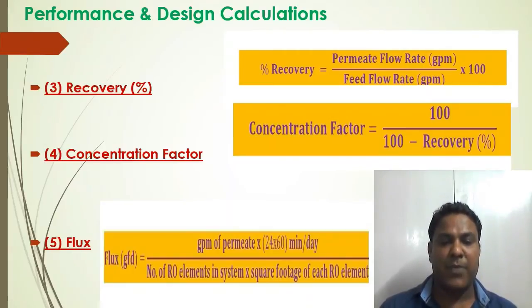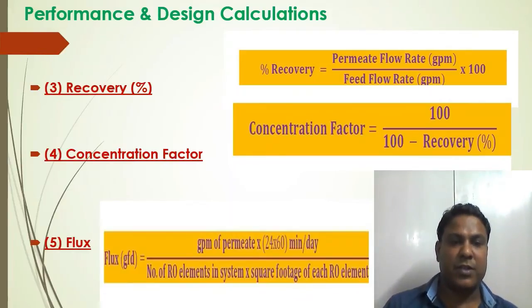For example, if the recovery rate is 75%, this means that for every 100 liters of feed water that enters the RO system, it recovers 75 liters as usable permeate water and 25 liters go to drain as concentrate. Industrial RO systems typically run anywhere from 50 to 85% recovery, depending on the feed water characteristics and other design considerations like feed water chemistry.